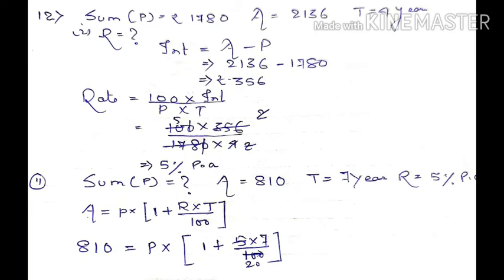Check how to write second number. Principal is what? That will become, means amount. Principal will become amount 810. Time is 7 years. At the same rate, what is the rate? 5%. Now put the value and try to calculate.